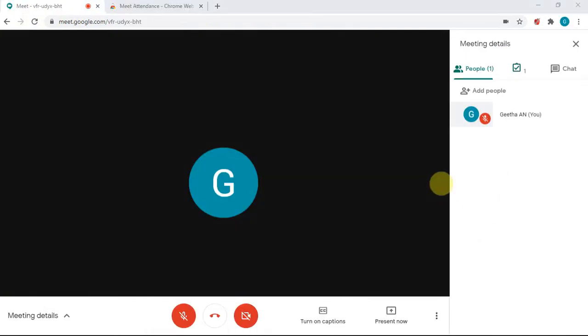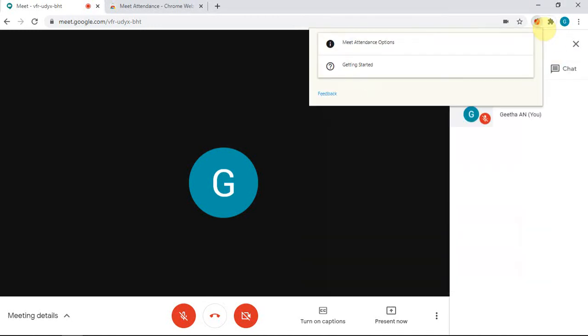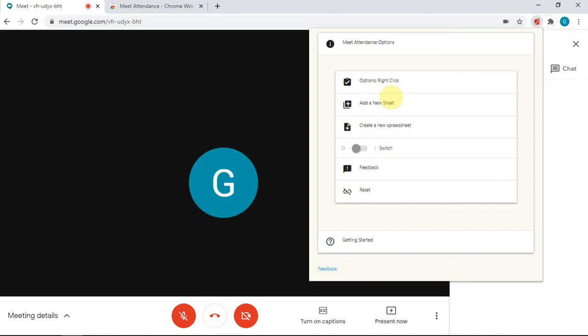If you click on the Meet Attendance symbol, here you will have Meet Attendance options where you can find right click, add a new sheet, create a new spreadsheet. Then you can switch on or off the number of participants. Then you have feedback and the reset option.